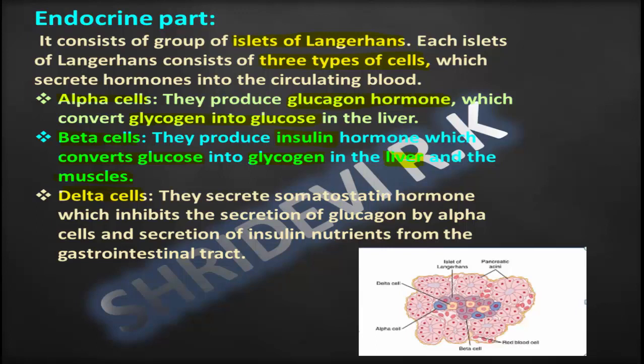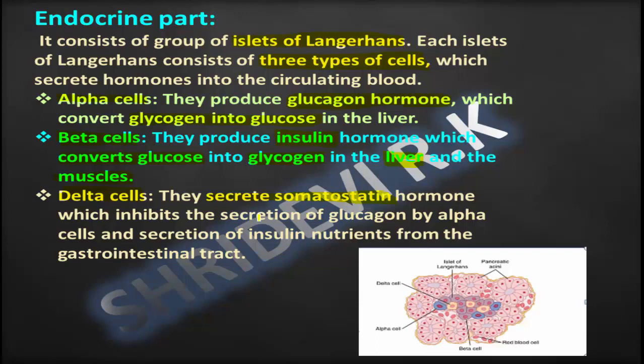Glycogen is stored in the liver. If the glucose level in the body decreases, the same glycogen is converted into glucose, but by the action of the hormone called glucagon. Then delta cells secrete a hormone called